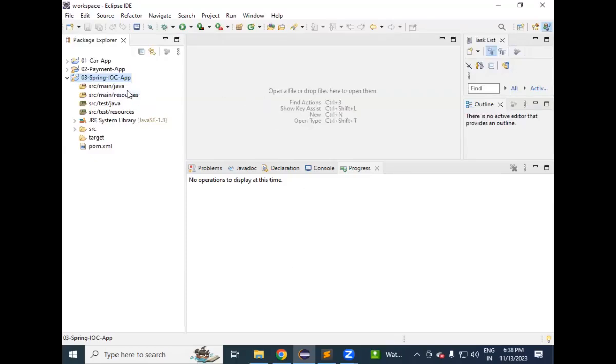Now, sir, what is the purpose of these many folders in the project? Here, main java represents the main source code of the application. What Java classes you are going to create, you should keep them in the main java folder. What Java classes will you develop in the project? Your controllers, your service classes, your DAO classes, your DTO classes, everything we are going to keep in the main